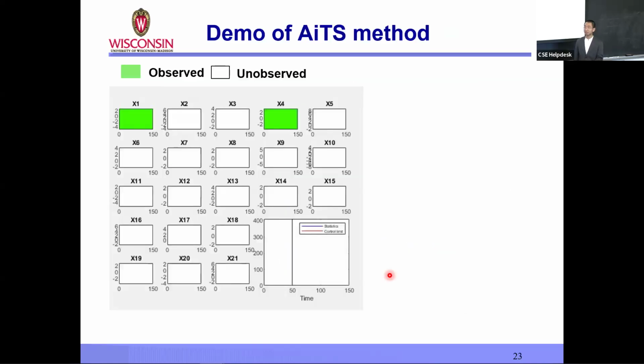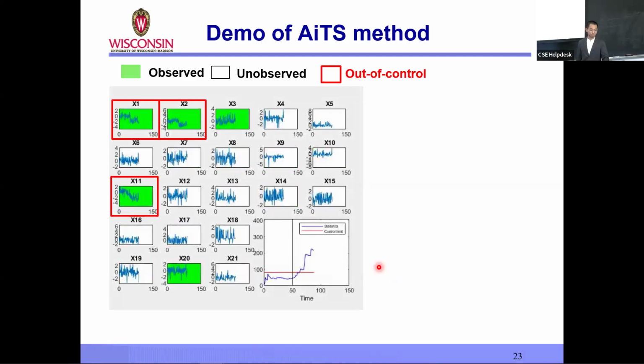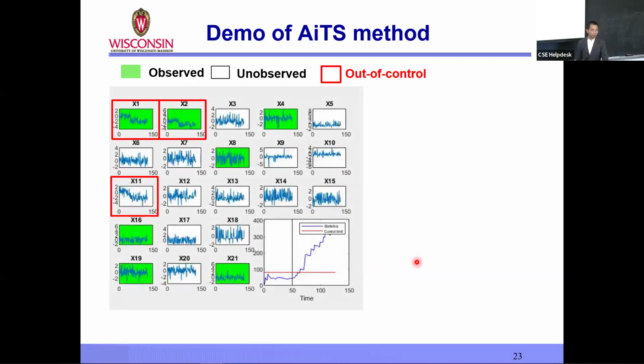This demo will show us how our method works in practice. Here I only plotted some selected variables. Before time 50, the underlying process is in control, so the monitoring statistic is below the red threshold. But after T50, 3 variables are out of control. You can see the monitoring statistic is increasing quickly. And you can also see our method detects this and keeps sampling these 3